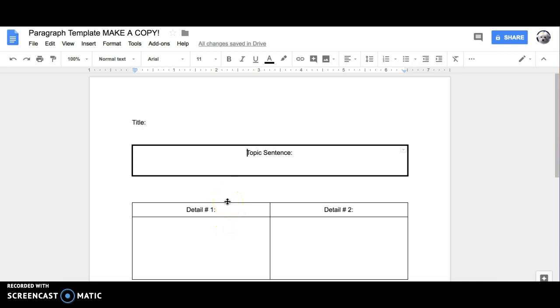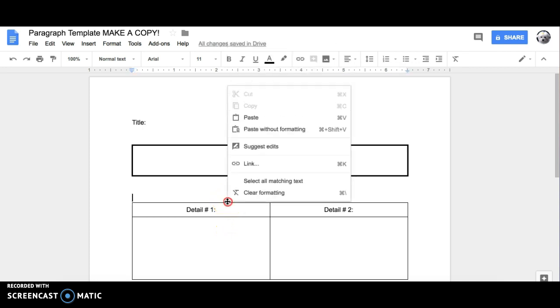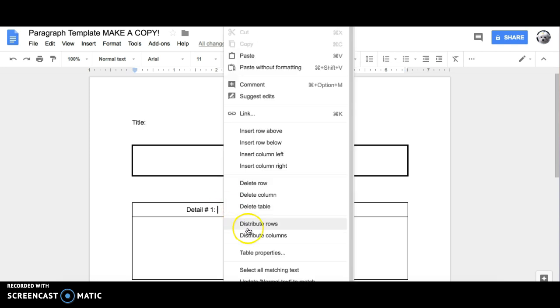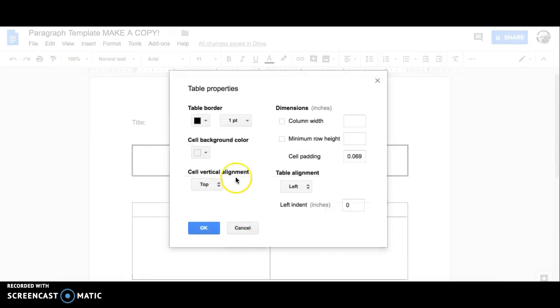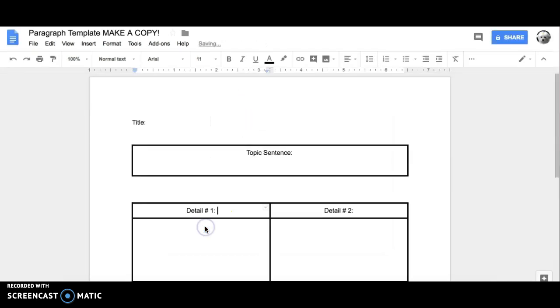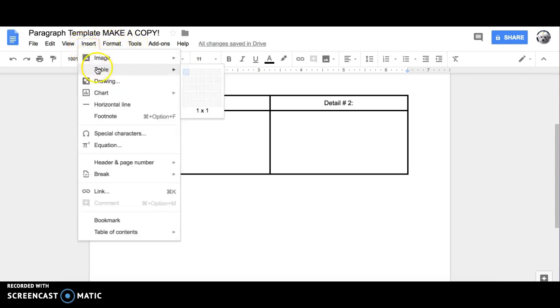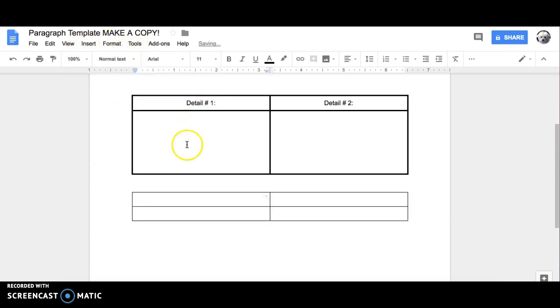I'm going to do the 2 fingers, which is the same as a right click, and I have to make sure I'm on the line there, and I'm going to make it the same weight as the other box. Then I'm going to click down here below that table, hit enter once, insert table, 2 by 2. I'm going to put detail number 3,